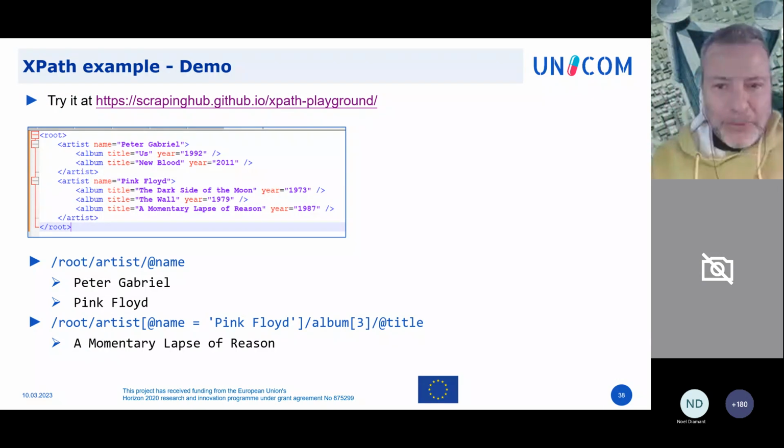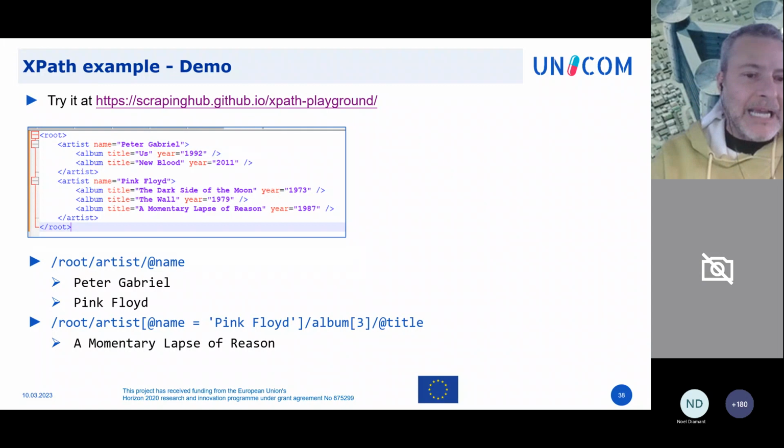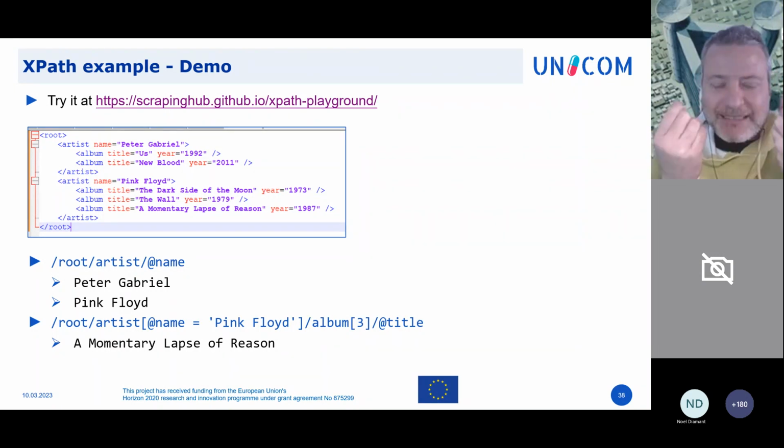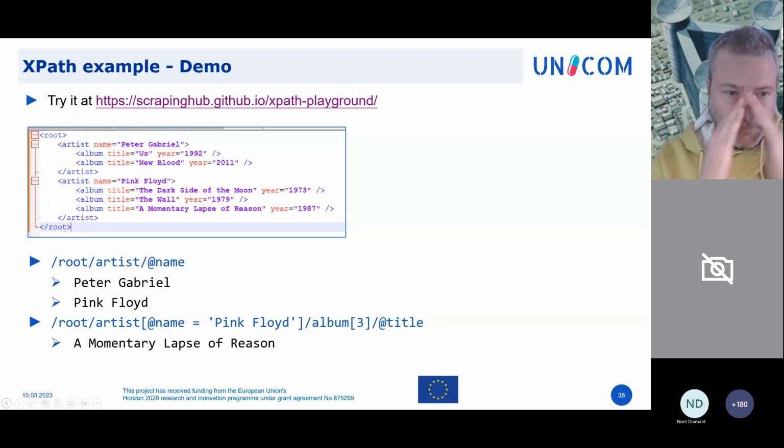I want to show you XPath working live at runtime, so especially people who have no knowledge of IT can get a sense of what XPath is. To do that, I created a simple XML document that you can see now on the screen.